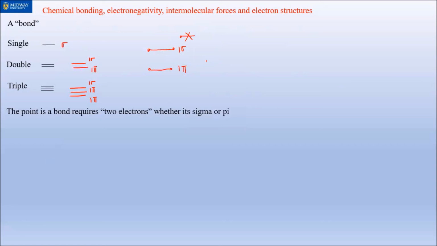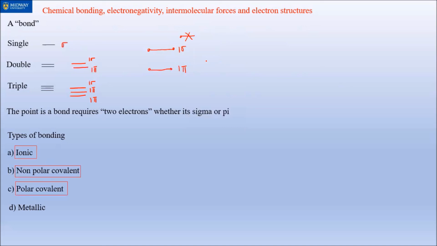There are 4 major types of bonding, but we're only going to focus on 3 of them: ionic, nonpolar covalent, and polar covalent. Ionic, we're going to go into in-depth. For nonpolar covalent and polar covalent, we're going to use a Linus Pauling electronegativity table to address the concept, because we're going to come back to this again when we learn the VSEPR model in the near future. So stay tuned for videos on ionic, nonpolar covalent, and